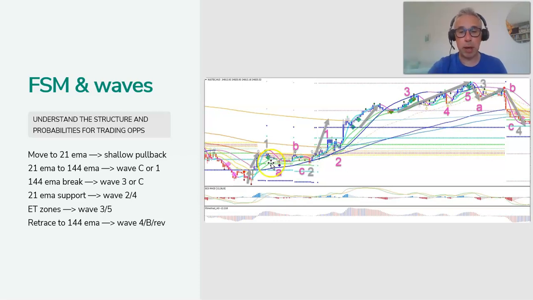And then when price respects the 21 EMA and then breaks above the 144 EMA here, and then starts to make pullbacks that respect the 21 EMA, we see that this could easily be a wave 1, 2 with the A, B, C, and 2. And then this could be a wave 1, 2. And then if it starts to break above the higher EMA levels, this could be a pink 3, for instance, with a pink 4 and then a gray 3, right? It helps give that context.